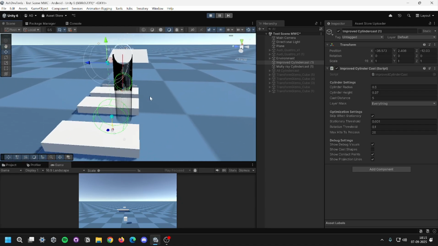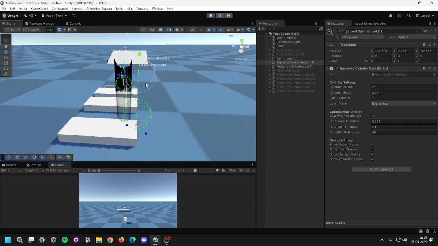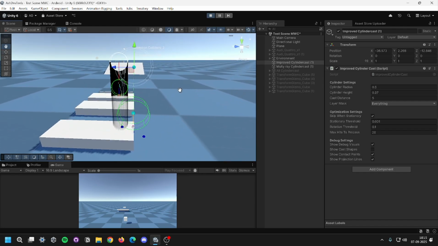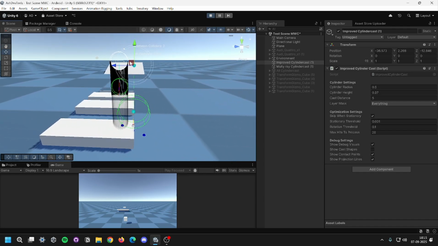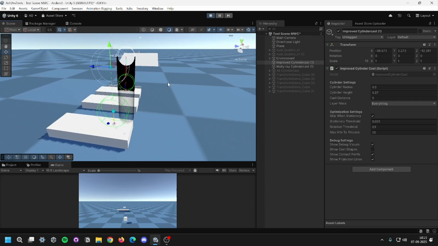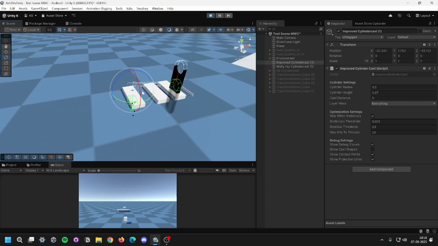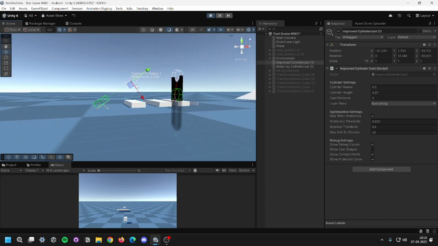And it also works on the corners, and the important part is it's very smooth on this kind of corner. As you can see, it smoothly lifts up, not like the raycast solution we have here. And also it works even if we rotate, or even if we rotate like this, it still works.